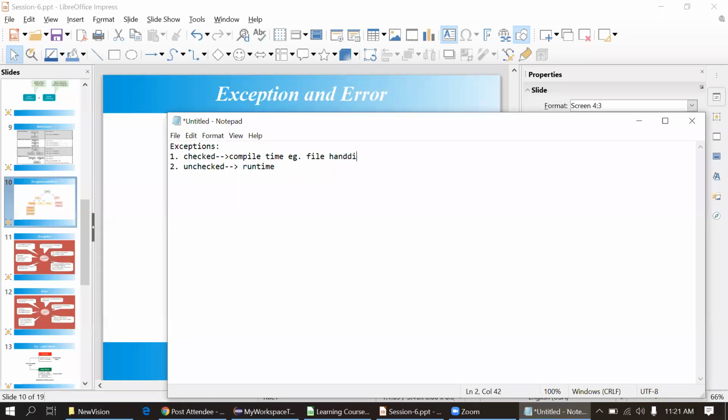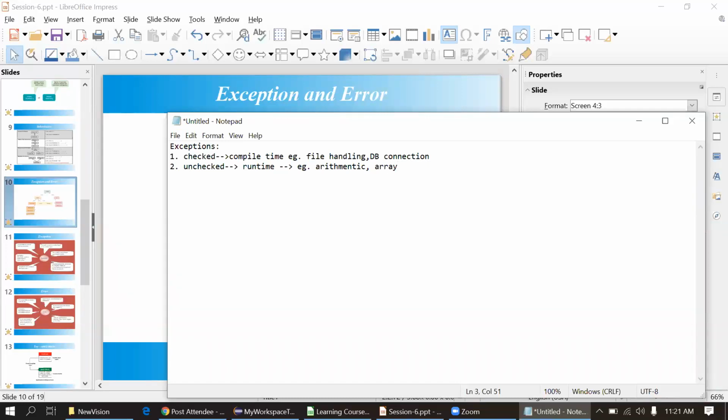For checked exceptions, examples are file handling, where we should handle the IO exception, input output exception actually, and database connection as well. I will simply put DB connection here. This kind of checked exception we get at compile time. For runtime, I will put examples here: arithmetic or array index out of bound exception, because there can be some issue with the array index at runtime.